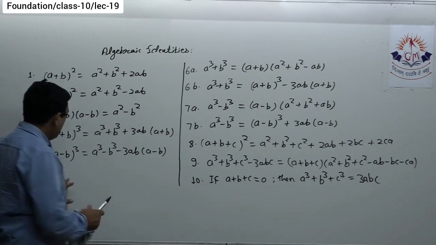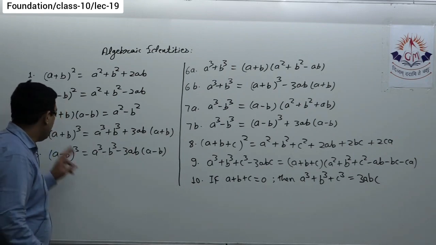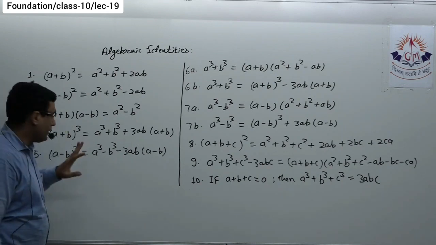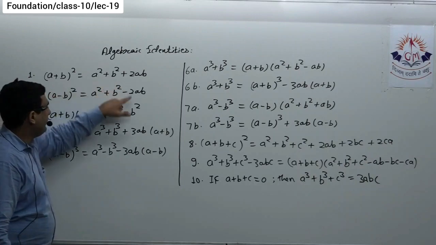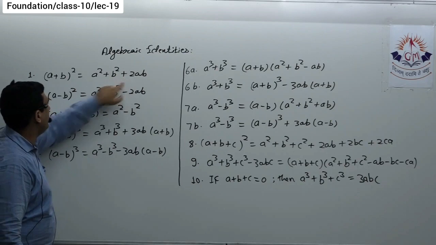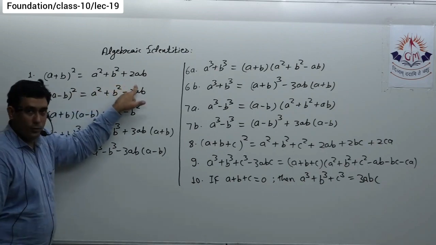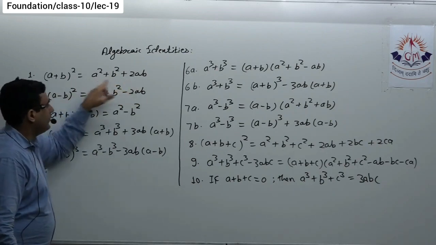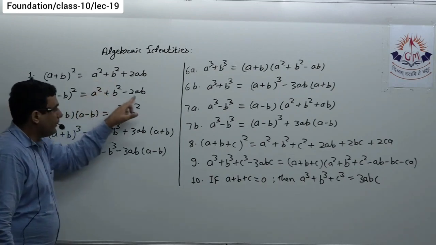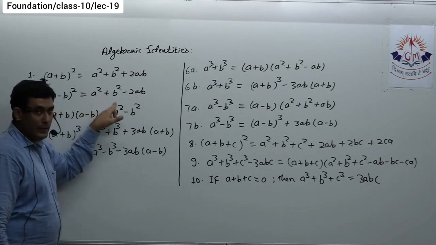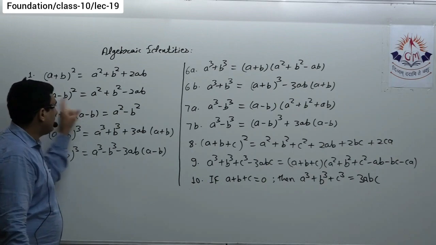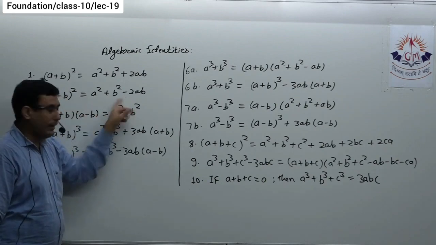I'll give you a short way by which you can remember the identities. These are the three basic identities, so I'm not going to discuss them, but one thing can be said. This is (a plus b) whole square, so a square plus b square plus 2ab. As the plus sign is there, I took plus 2ab, and these are squares, so they cannot be negative. Similarly, a square plus b square minus 2ab. These two cannot be negative because they are complete squares, and because there is a minus sign, we put minus 2ab.